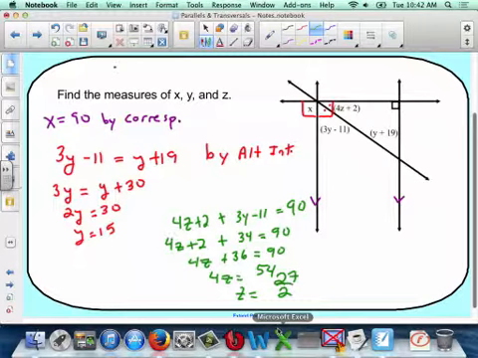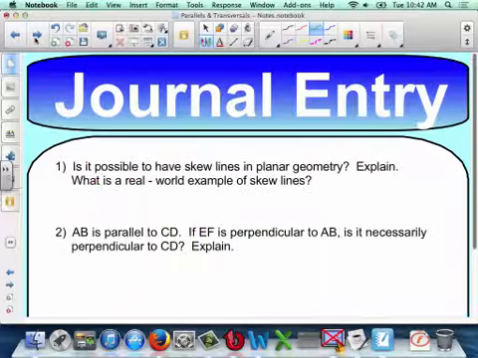All right, so guys, there's one more example you're going to see on the homework tonight. I want to make sure we go over this. And you will see this on the